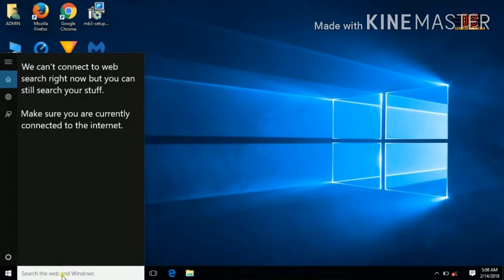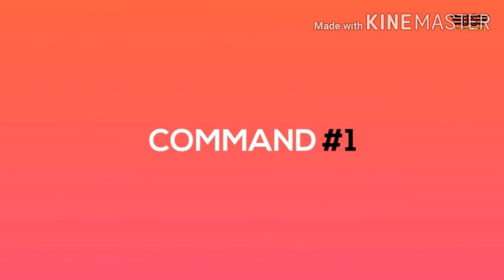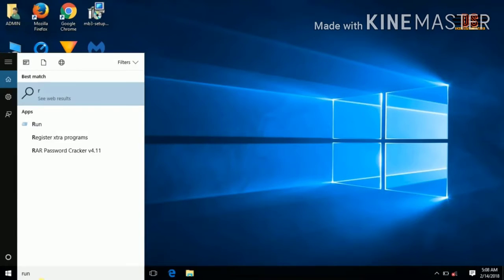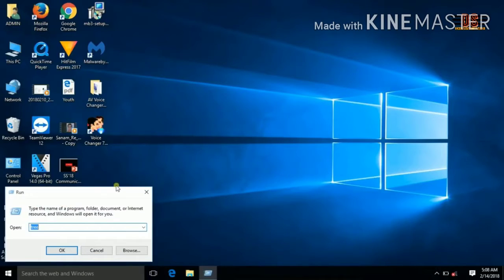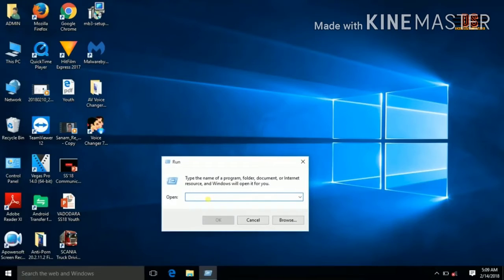Now students, there are some commands which are used in our computer. First command: go to Run from your start menu, or you can search for Run. So this pop-up window opens here.